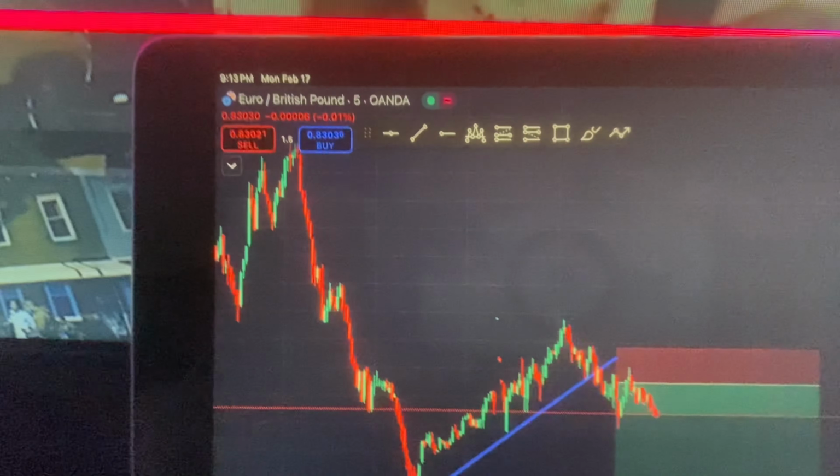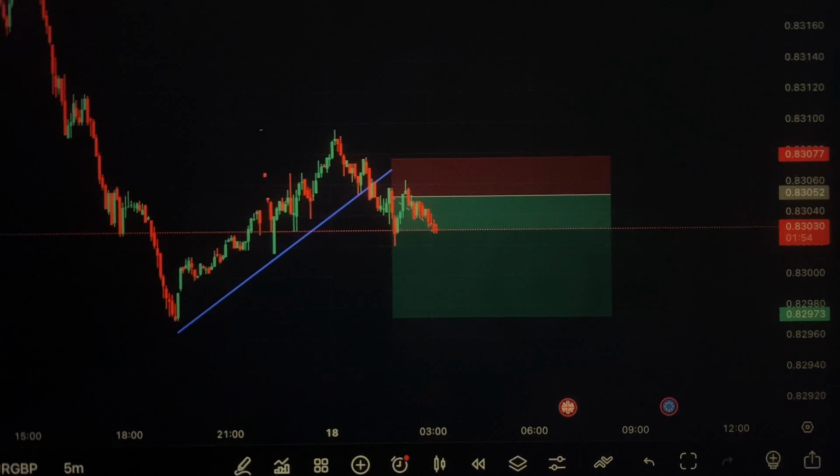All right, boys, it's about 9:13. As you can see, still trading the Euro British pound. It's going well. I'm probably just gonna let it run. I'm tired, so I might fall asleep and call it a night. Wake up in the morning and see what happens. We already landed one trade. This is the second trade, so if this hits, it's another 2 trade day, and it's gonna be a banger.